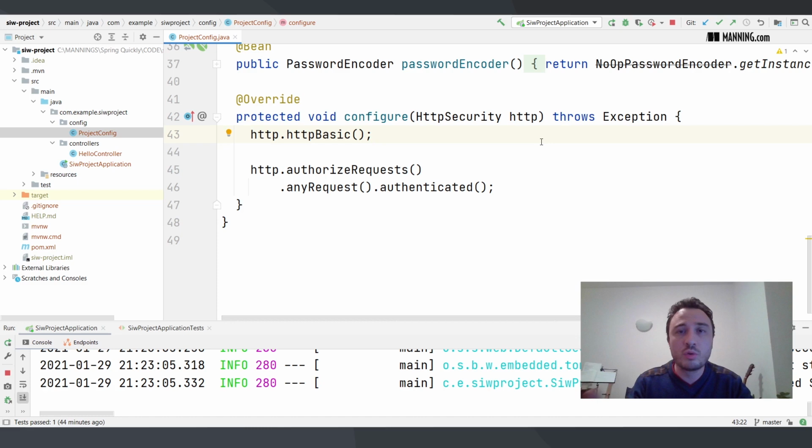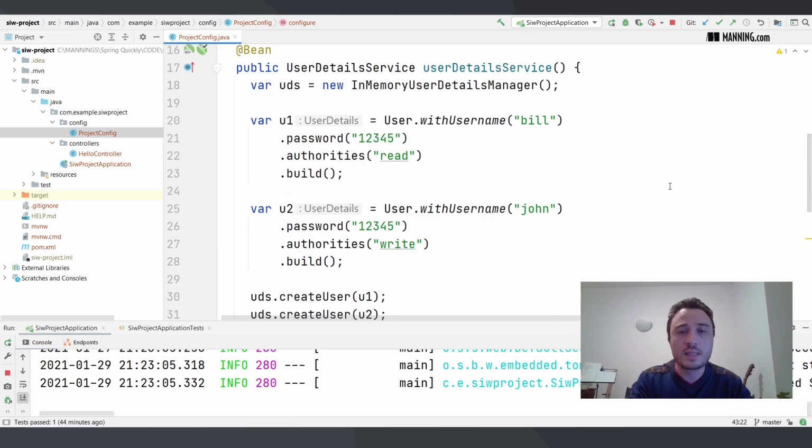And the users are defined in memory here because it's just an example we want to use. I've only added a couple of users, named Bill and John. For the moment that's not important, but in one of our next examples the authorities here will be different. So you can see here that read is the authority allocated to Bill,